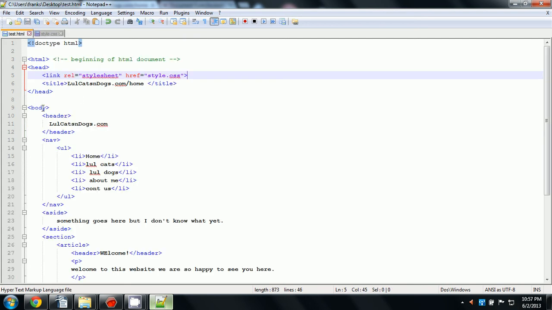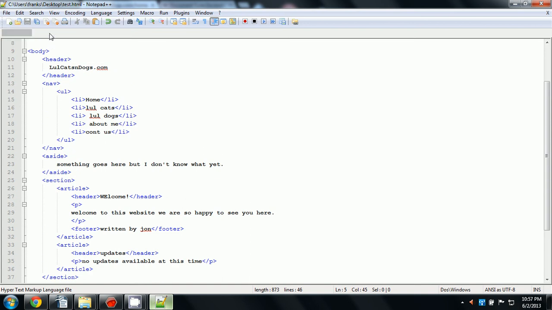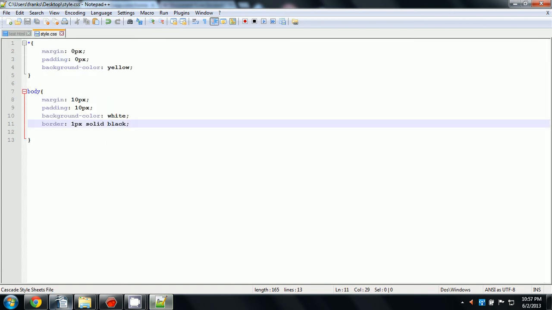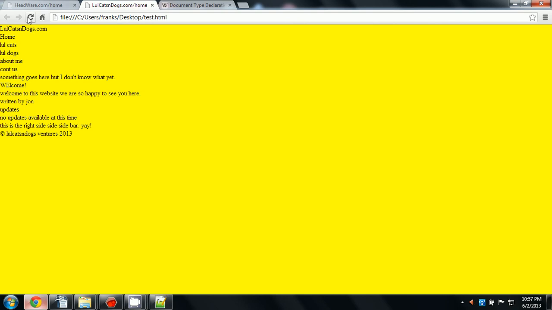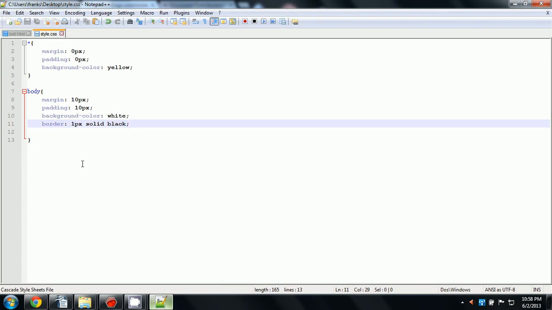And as you know, the body tag is the whole thing, but it's not going to affect. Okay, well, tell you what. Let's save and refresh. Okay, and it's a little weird, but as you can see, it's got the white background on it. Granted, it's being affected by this stuff too, because okay, here's a good way to explain this. This affects everything on your website. So because I put the background color to yellow,